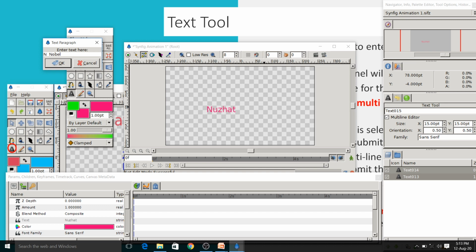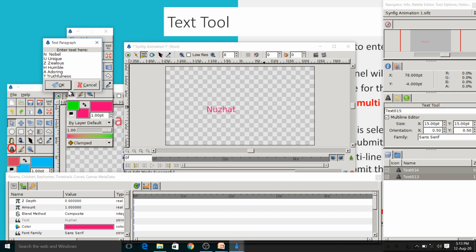Now you have to press the enter key to move down. Some text I am writing here, and I will click the OK button now.